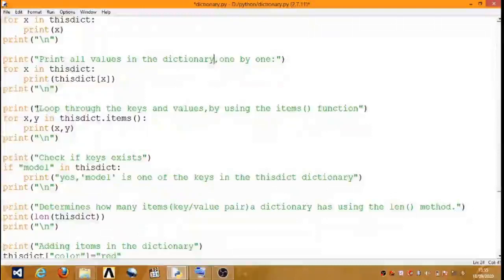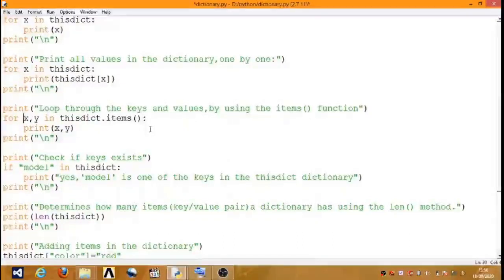Next print in bracket double quote, loop through the keys and values by using the items function. Close the double quote and close the bracket here. So here print the keys and values by using items function. In for loop, here in for loop X comma Y in district dot items function. Here items function returns the keys and values one by one.